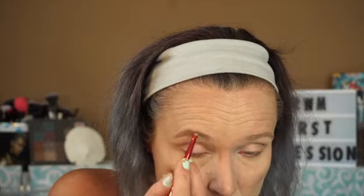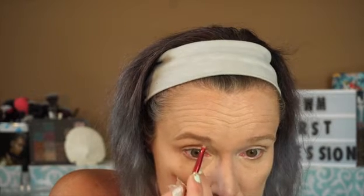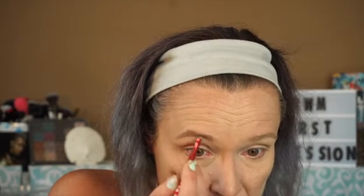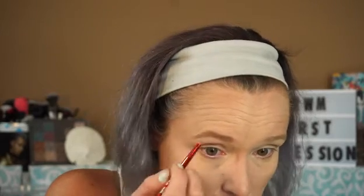You can make this as dark or as light as you would like. And even with the wax in my brow, I'm still able to move and apply the powder where I want it to be. I've been going with a little bit more natural brow as of late. I used to live and breathe for the Instagram brow, but